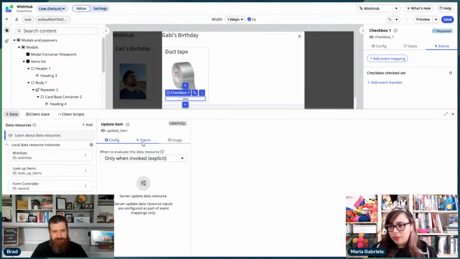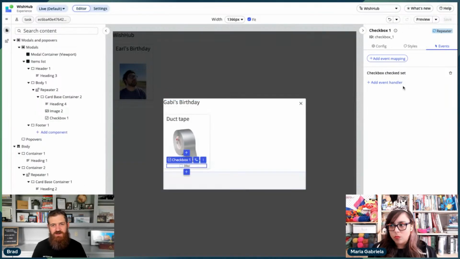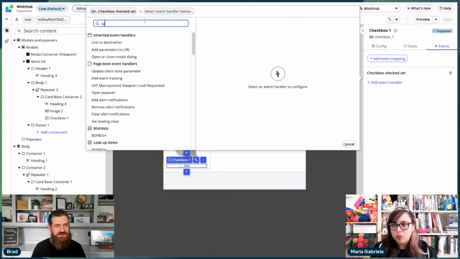So only when invoked? Yes. So there's two types of data resources. There's lots of types, but one of the types is what they do. So they can either query data or mutate data. So if they're writing data, then you don't bind properties to it, because when a property value changes, the data resource gets called, and you wouldn't want to do that for something writing data to the database. So you pass data at the time you call it through the event handler. So now if you add an event handler, you'll get,